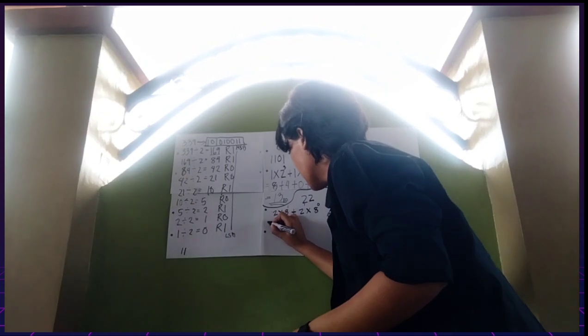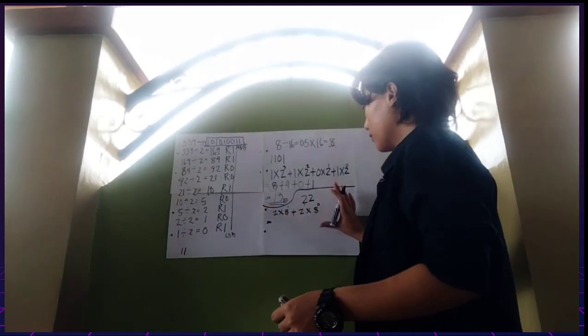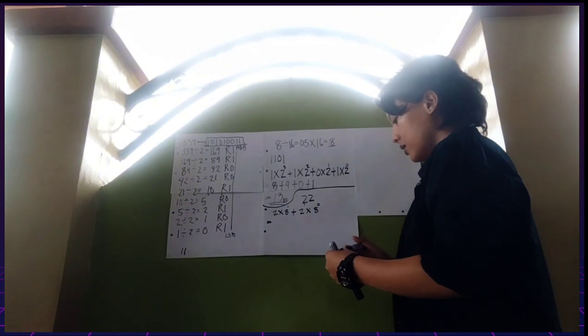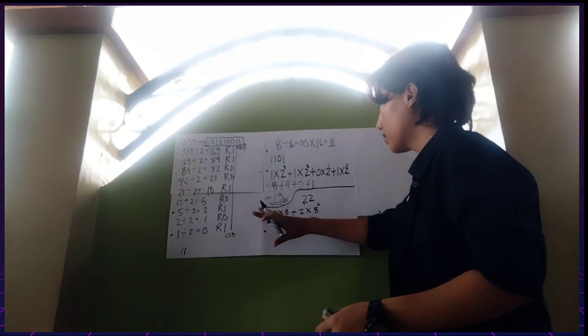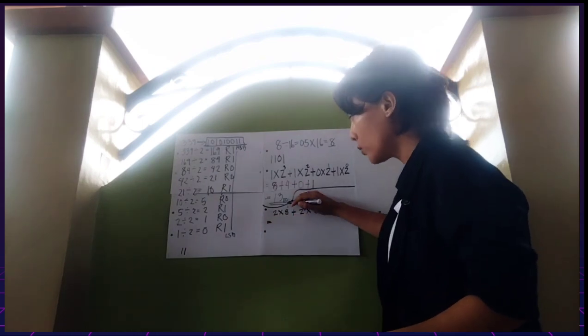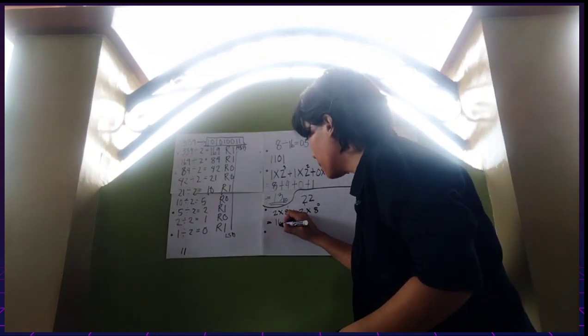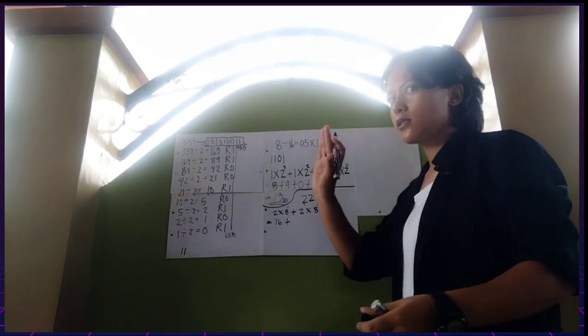Then after putting all the powers and after arranging the given number, we multiply this 2. So 2 times 8 is equal to 16 times 1 is 16 plus 2 times 8, of course, the rule